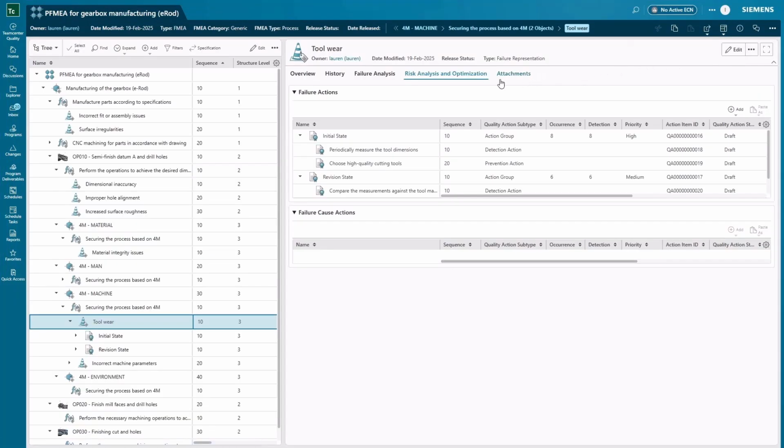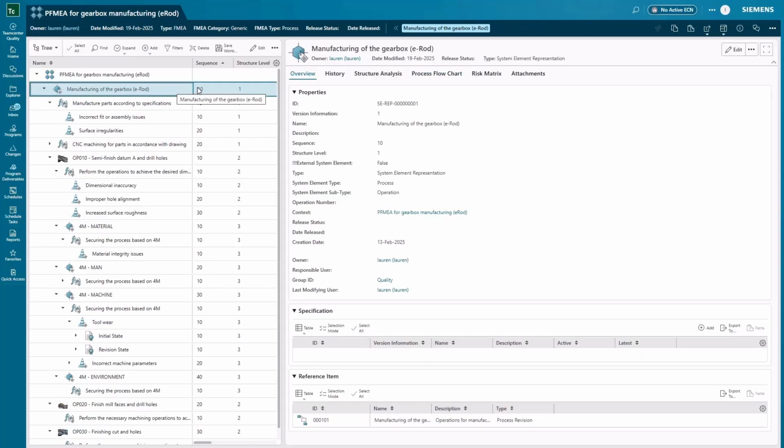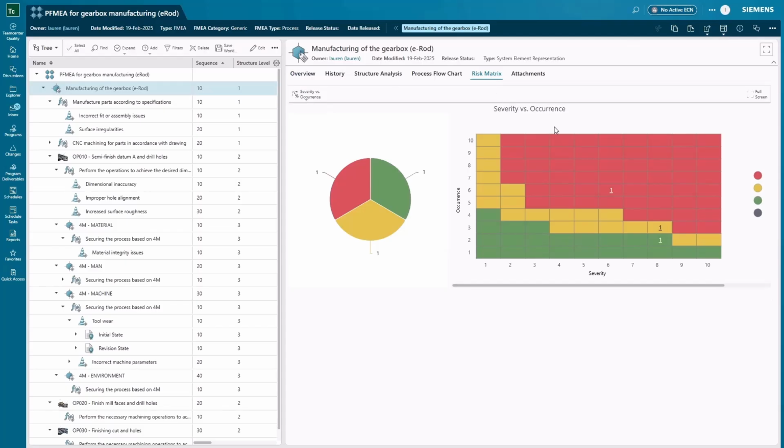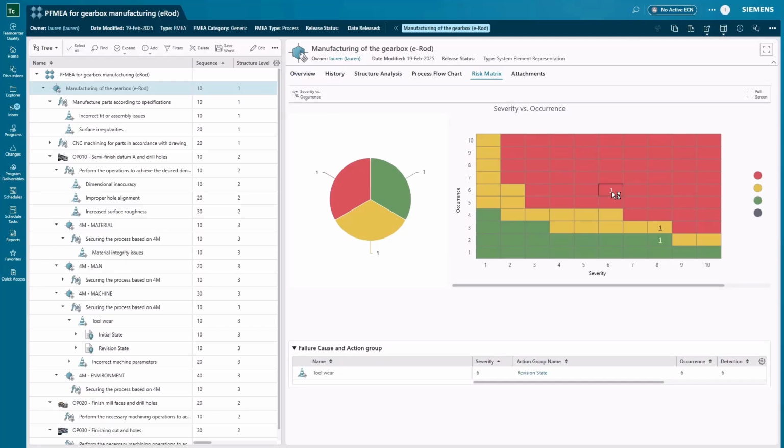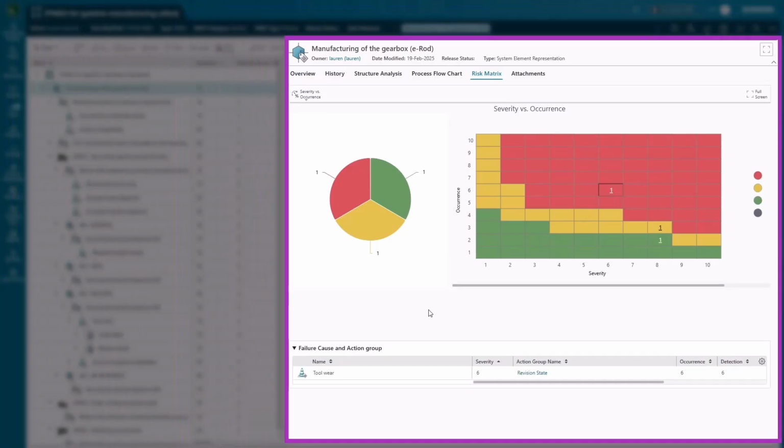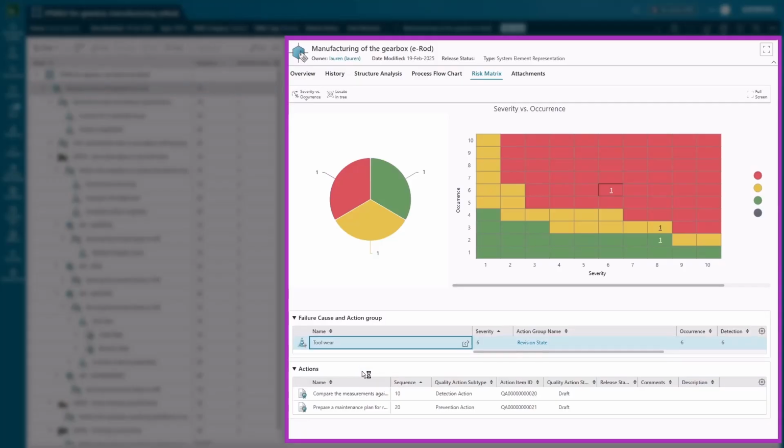I can also visualize the outcomes of the PFMEA by using the Risk Assessment Matrix, a visual tool utilized to evaluate and prioritize risks based on their ratings. The matrix provides an easy-to-understand breakdown of the potential likelihood of incidents occurring versus the severity of their impact. This allows me to easily prioritize actions to manage the identified risks.